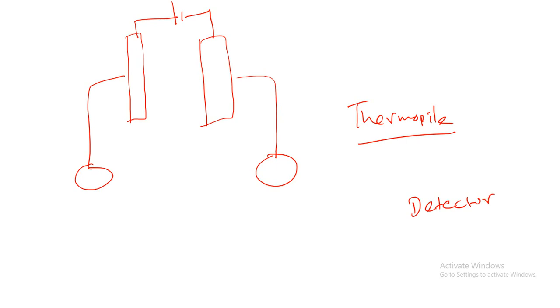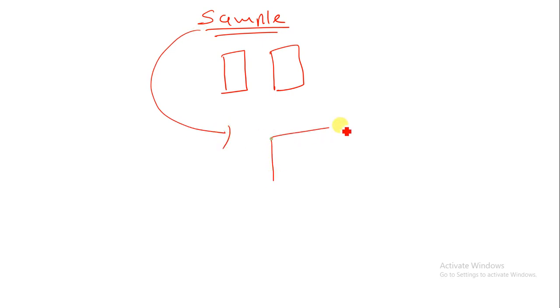Now one of the most important things in IR spectrometer is sampling. Now in a UV spectrometer we are having two compartments in which we are taking a sample and the second one we are taking as a reference. But in IR spectrometer we are only having a sample compartment. So as I have told you, in any spectrometer or in any spectroscopy we are having a reference material. When we are taking an IR sample, we have to take the sampling with respect to the reference material.